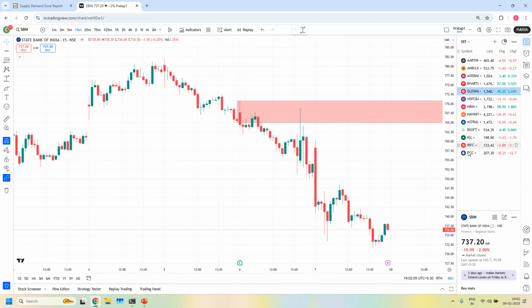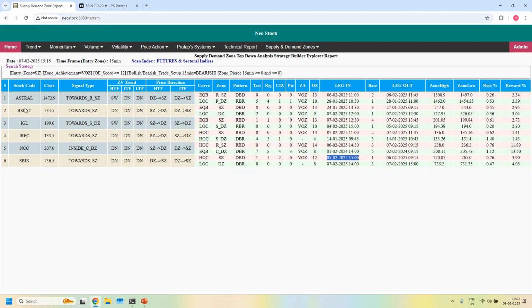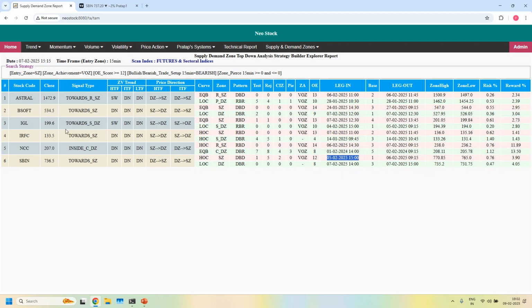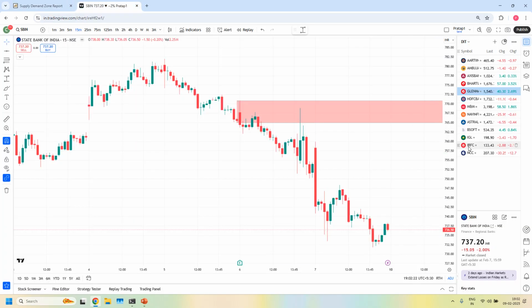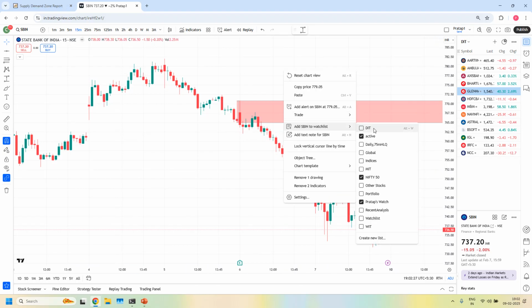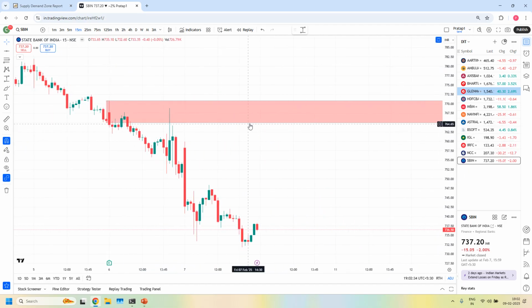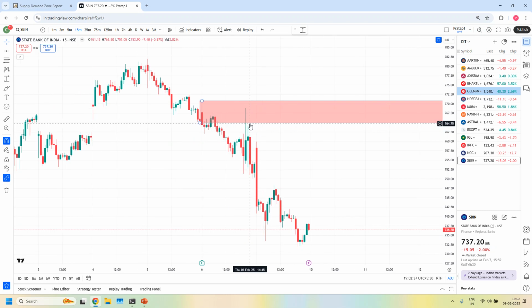So we have completed all, right? 1, 2, 3, 4, 5. Astral, 2, 3, 4, 5, 6 are there. Something is missed out. Astral, Bellasoft, IGL, IRFC, NCC. Okay, State Bank of India also I should add. Sorry. Okay. 1, 2, 3, 4, 5, 6. We added. Good. So these are the total bullish and bearish trade setups for